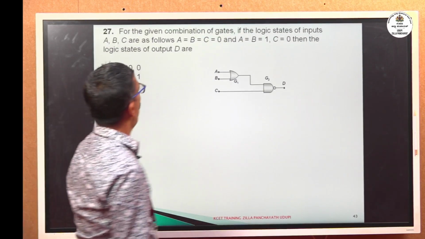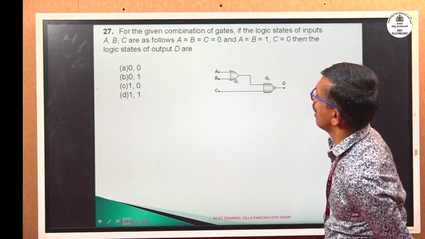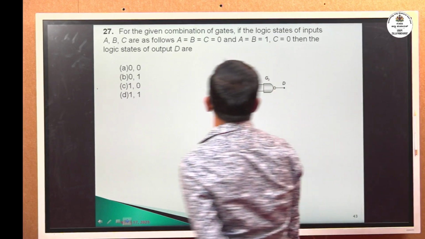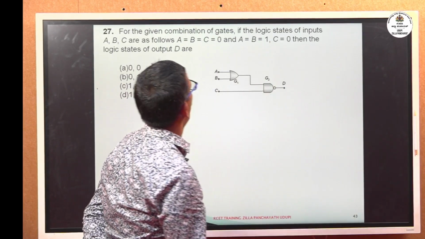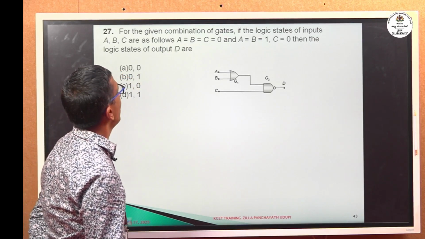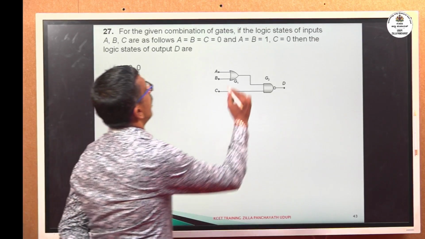For the given combination of gates, if the logic states of the inputs A, B, C are as follows: A, B, C equal to 0, and A equal to B equal to 1, C equal to 0, then the logic state of the output D is. Just see the circuit carefully. It is an OR gate